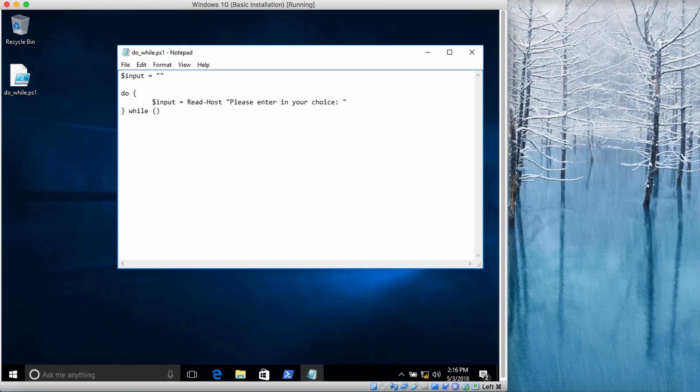Now we are saying while input is not equal to exit. What this part does is that it says do this as long as this input variable is not equal to exit. Whatever the user types gets saved in the input variable, so if whatever the user types is not equal to exit, it keeps running this do part. So let's save it